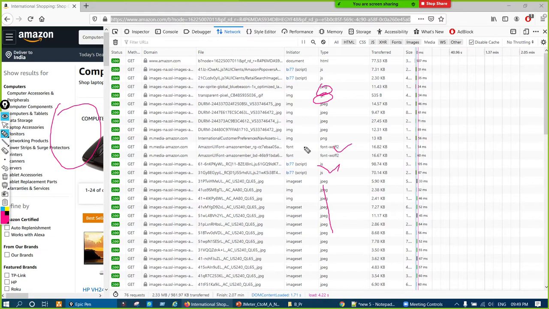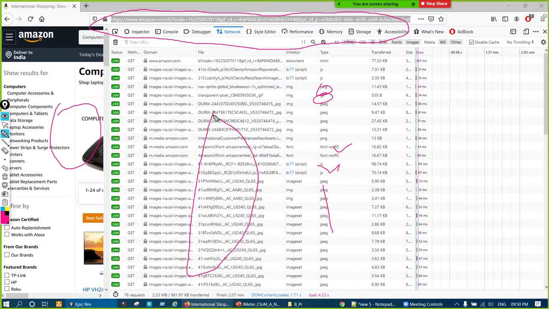That we have to understand. We are not sending them. We are just sending this request to the server, and when this request goes, the browser automatically calls these embedded resources, right?